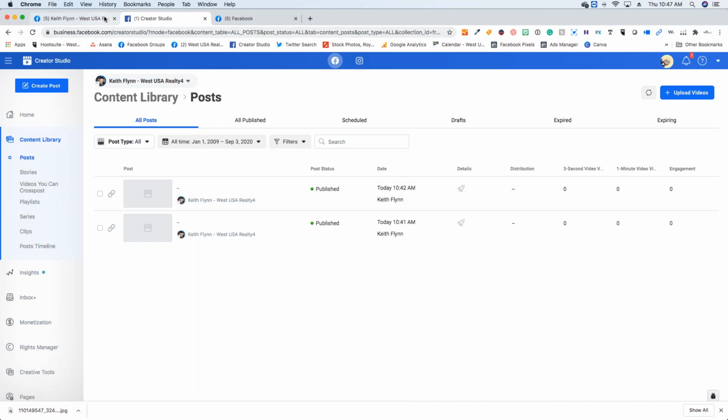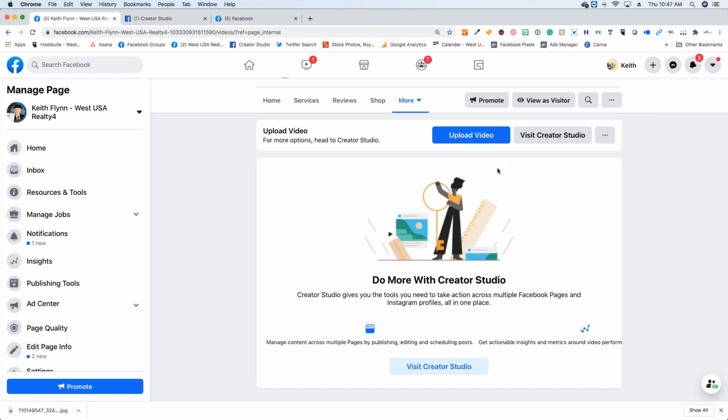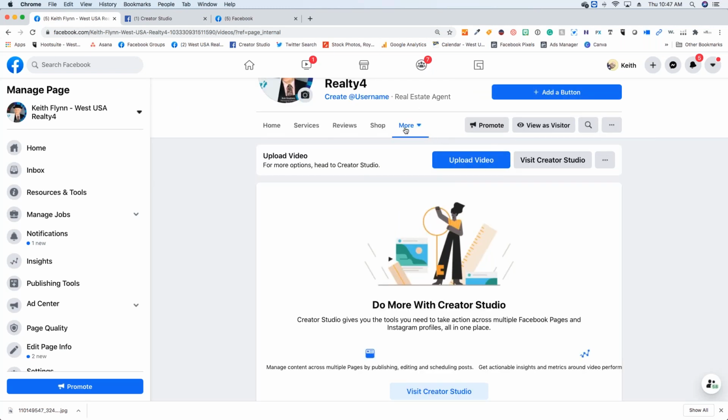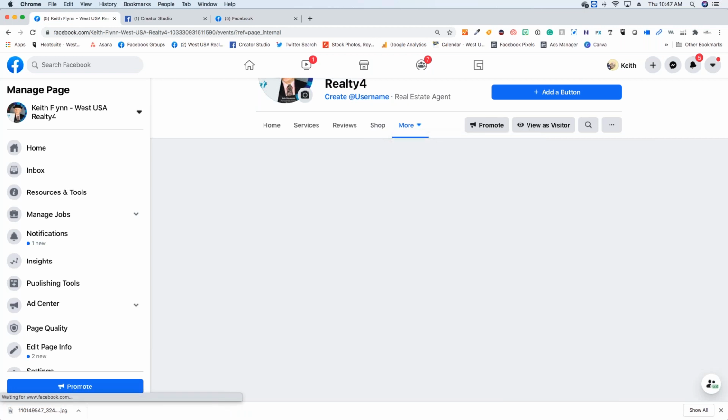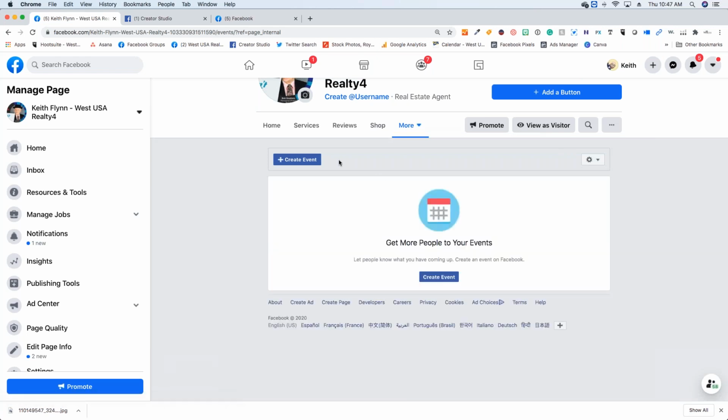So jumping back into our business page, under your video tab, explore your tabs. There's a lot there as far as uploading photos, your events. For you guys as real estate agents, using your events tab is fantastic for open houses. And whether those are in person or virtual, clicking on your event tab, again, we're kind of just going through the navigation here under the top. For the old version, it's going to be over here on the side for you guys. So story in the upper right-hand corner earlier, and then